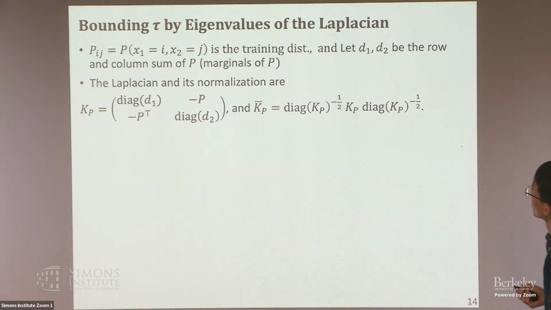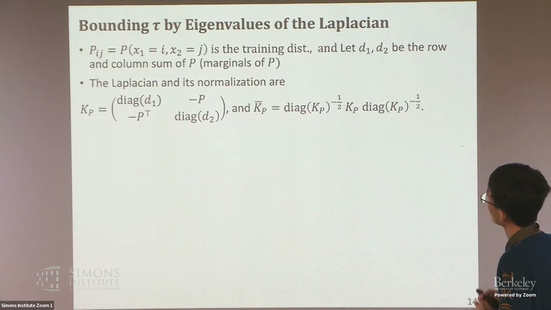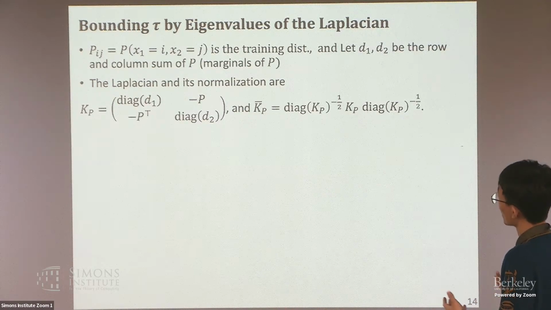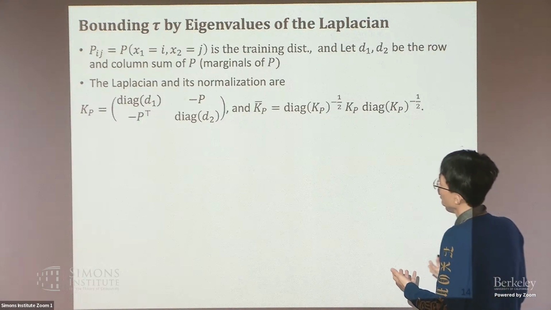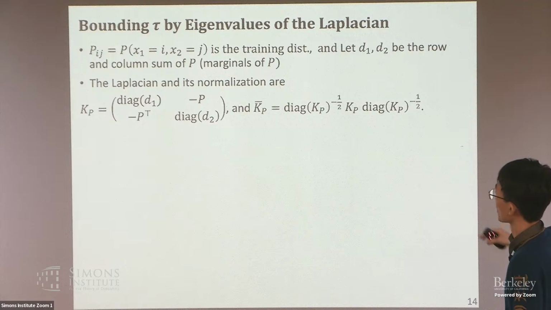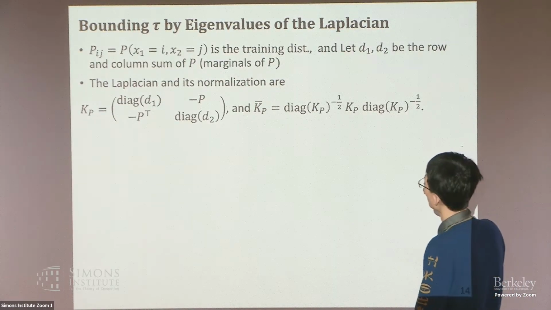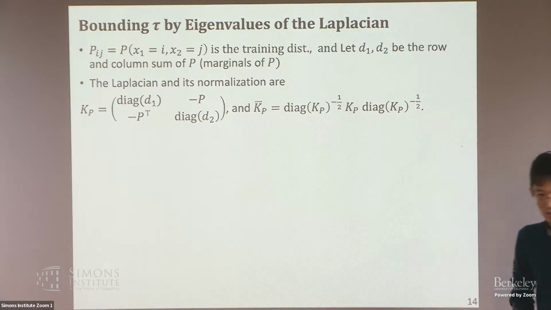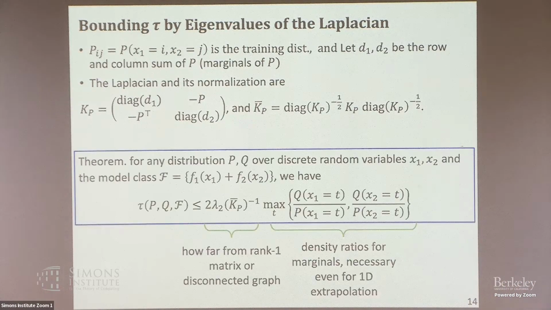Mathematically, what you can show is that suppose Pij is the joint distribution, and D1, D2 are the row and column sums of P. So these are the marginals. You can define the Laplacian for this matrix. So the diagonals are the marginals, and the off diagonals are P and minus P transpose. And you can define the normalized Laplacian just as usual. And then you can prove that,